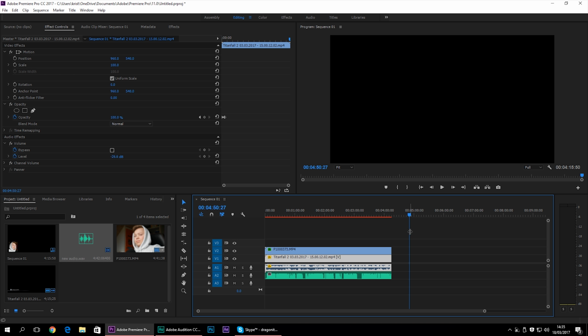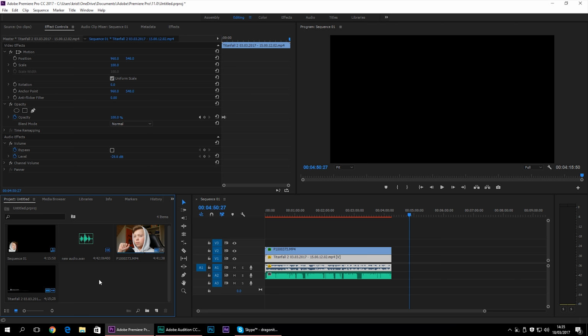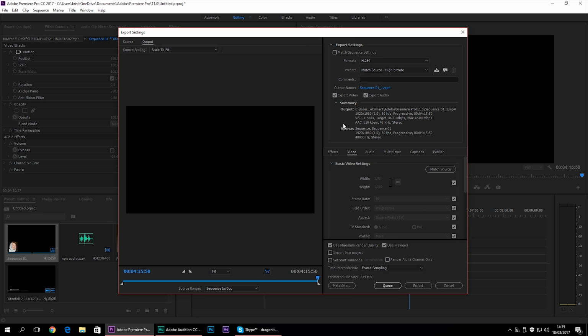So when you finish editing your gameplay, everything is fine. Now looking great and smooth, go to sequence 1. Then you press Ctrl M. I know there are many different types of hotkeys, but these are mainly the ones you're gonna use: Ctrl C, Ctrl V, C, V, and as well Ctrl M. Those are the three hotkeys you find yourself using most often. So when you have done that, you can see everything here.